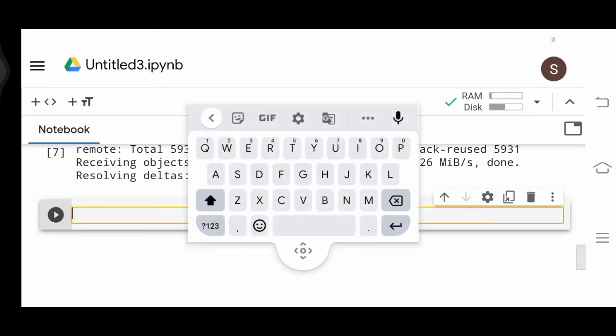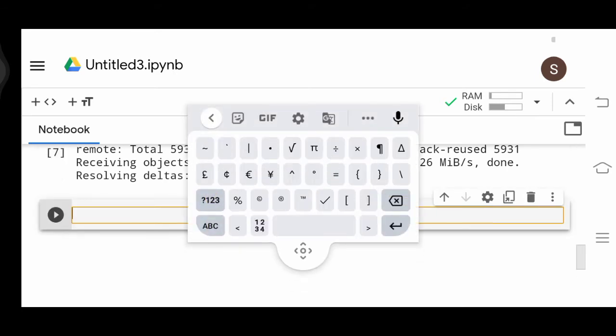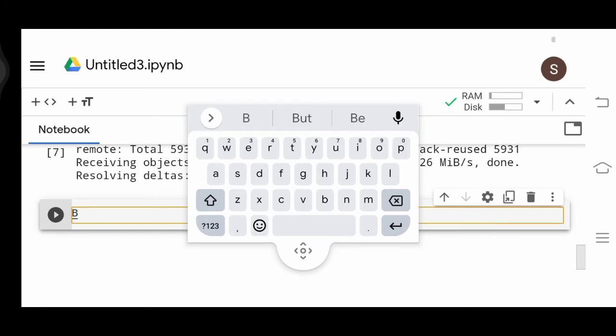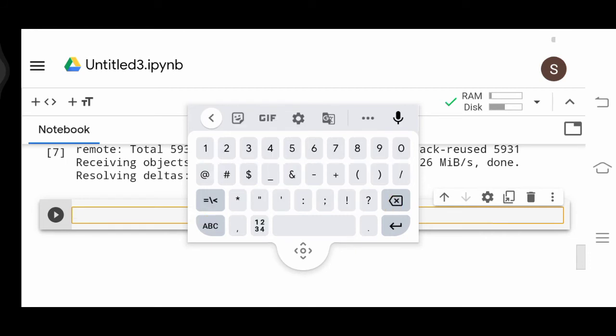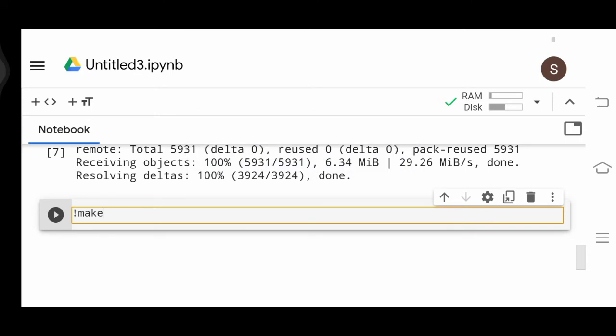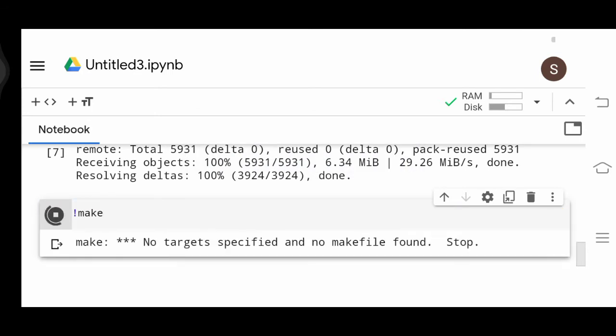Now you get here. You know that GPU is available. We don't want to just make a mess of it. So even though we will try it afterwards, we may clean it and try it afterwards. Now what you have to do is get here. Let's first make it with the normal one, MAKE. Okay, and just click it.